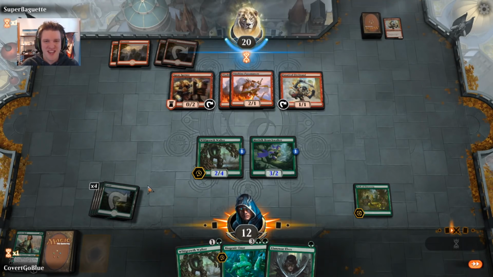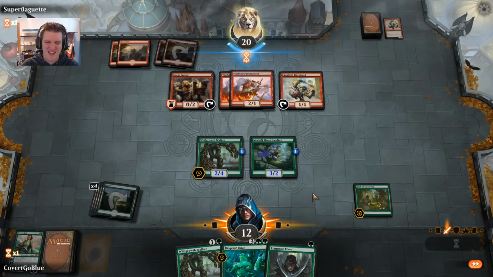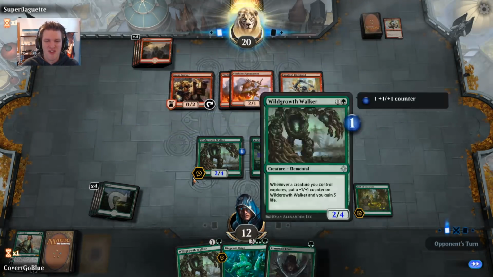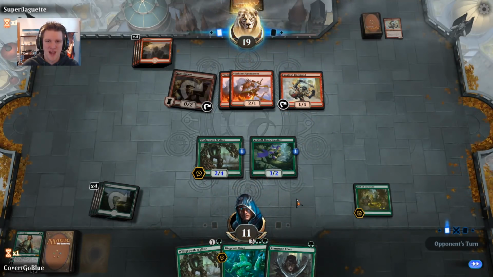If you want to see a red deck in pain, Biogenic Ooze plus Wildgrowth Walker. Just making oozes every turn. Exploring every time. The card off the top. Spears are spewed. Are we lighting stages? Are we skewering critics? Are we...